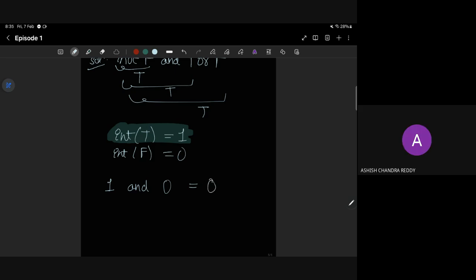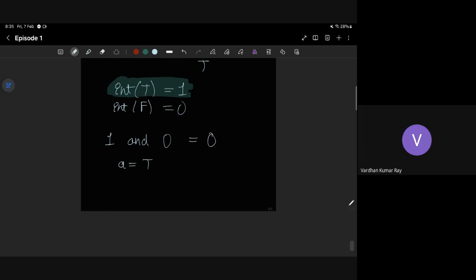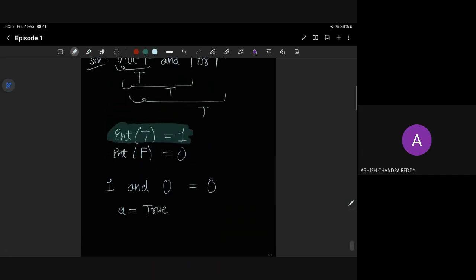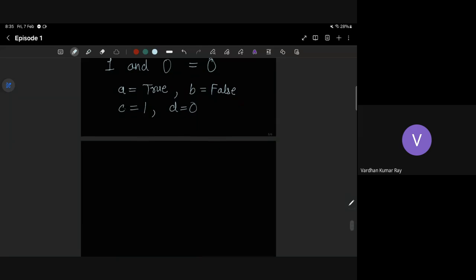I'm telling you, generally in Python, if we write code and we want to give a variable a boolean value of true or false, we write true or false. Yes, correct. Can we write a equal to 1 and b equal to 0? Yes, you can write that. But how will it recognize boolean or integer? You need to convert that. If you're working only in 0, 1, you will get 0, 1. If you're working in true, false, you will only get true, false. You need to convert. Yes, somebody wrote bool. So you need to write bool.